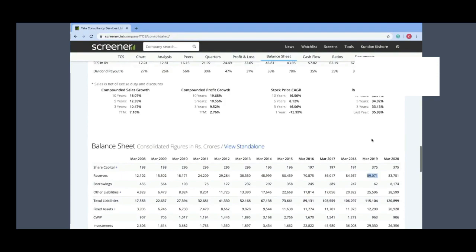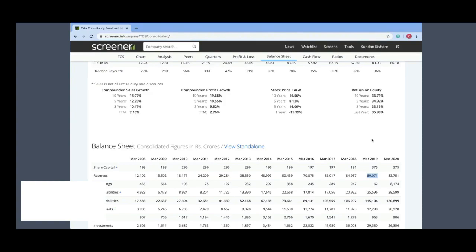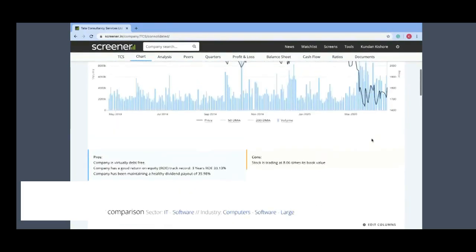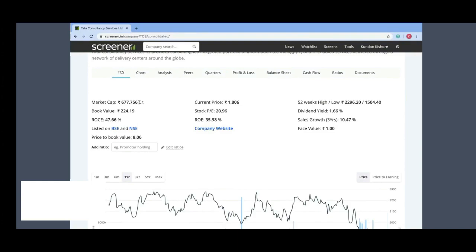Because there is a rate at which this company is already generating a lot of profit, and that rate is more than FD rates, and that's why people are ready to give them a premium. And when I say people, it is the market which is giving them a premium. 224 is the book value, and the current price is 1806, which is the market capitalization price. So you can see that at least 6 to 7 times premium the market is ready to give for Tata Consultancy